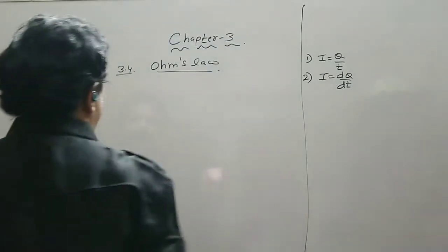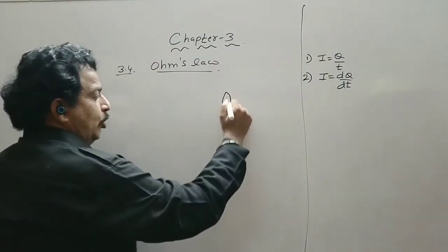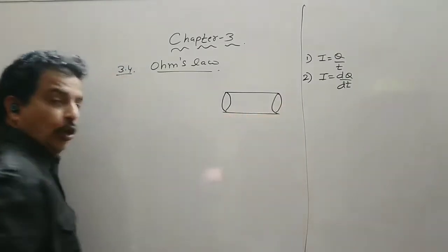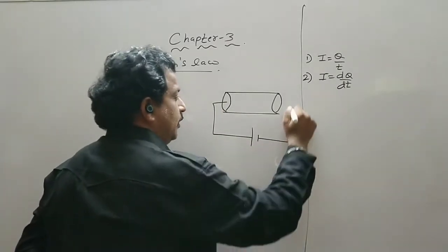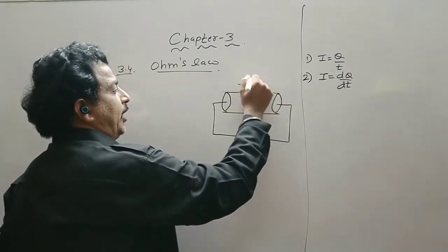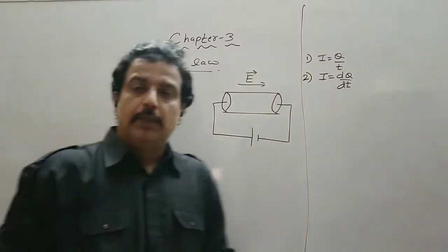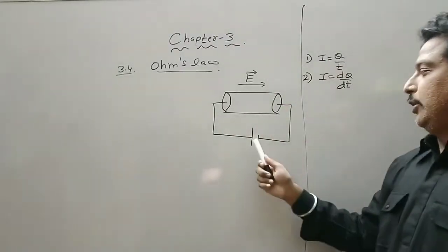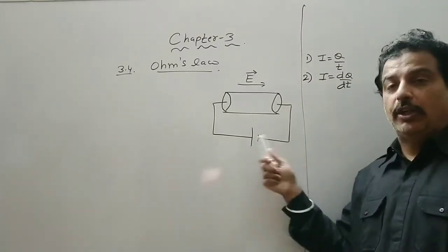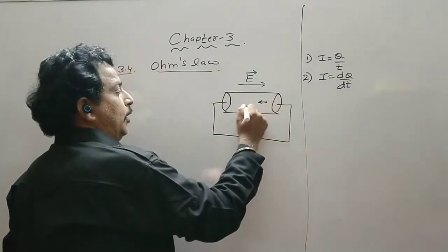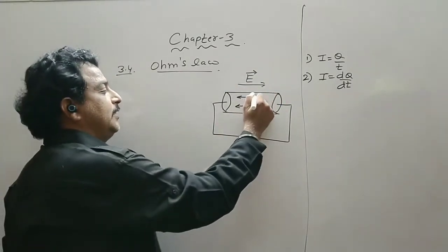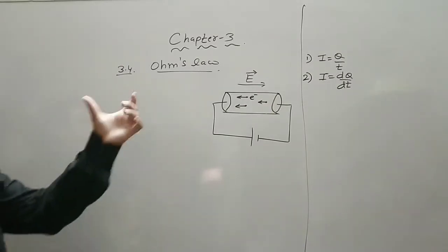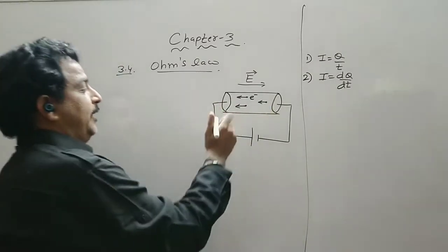Now we know that in order to make the charge flow from one end to another, we have to create an electric field or develop a potential difference. So we take the help of a cell or a battery, due to which the electrons of a conductor move in a specific direction, opposite to the direction of the electric field intensity. So we establish the electric current, we establish the electric field.